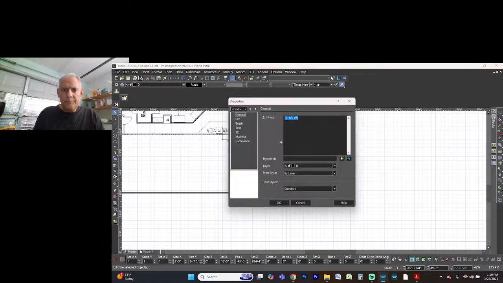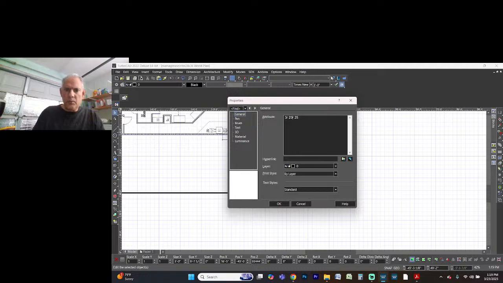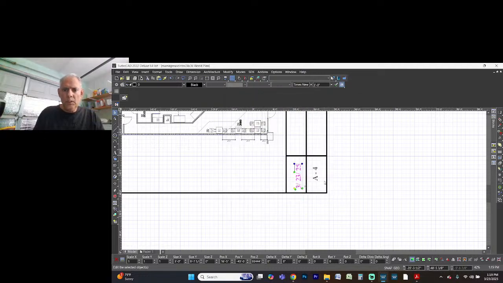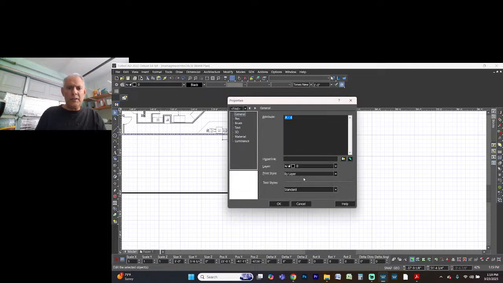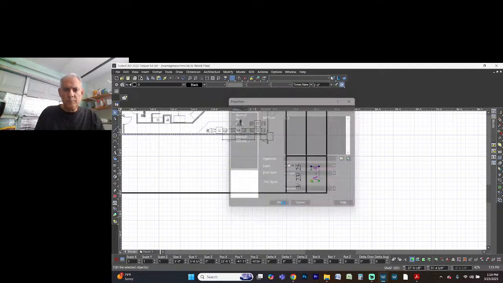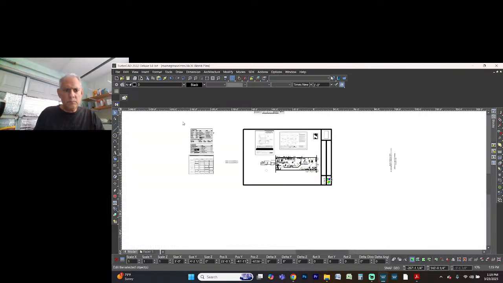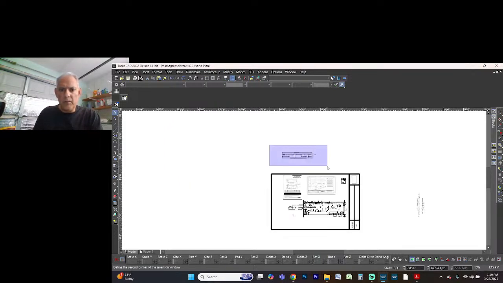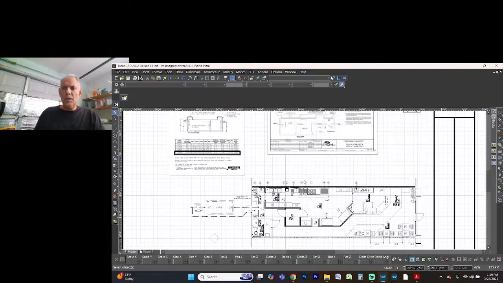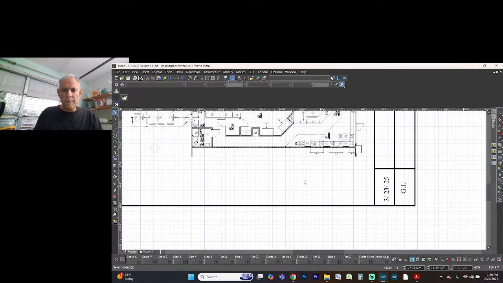I'm going to change the date. I'm going to call it 3/23. This isn't a mechanical. I'm going to say GI, Grease Interceptor. And I usually have a page name. So I'm going to erase all of that because we don't need it. This is the client info, so I'm going to keep that off of the video. I'm going to be moving that to my page. I'm going to be calling this